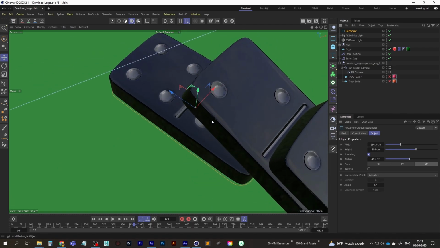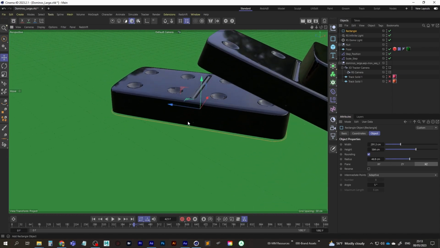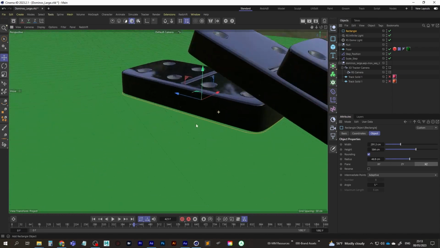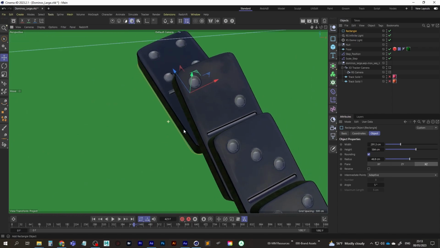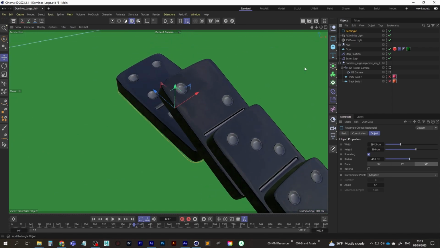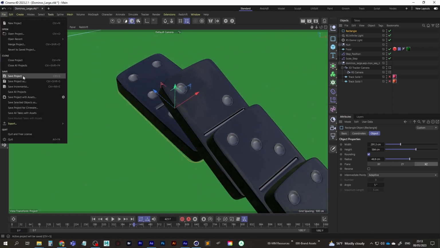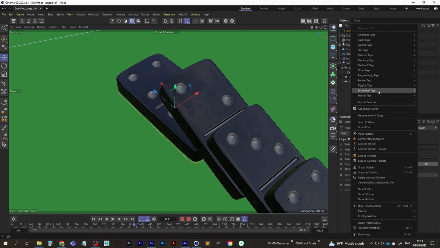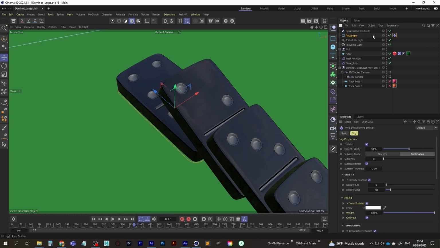Okay, so this is the rectangle spline. You're going to be using this to generate the dust using Pyro. Let's do a quick file save again, and we're going to right click, go to simulation tags. Is it simulation tags? Yeah, and we're going to go for the Pyro emitter. So it's Pyro emitter now. Add a Pyro emitter tag, and if we hit play,